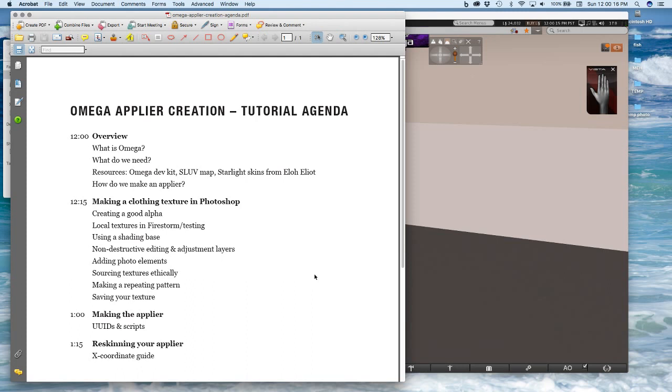I'm going to give an overview of what Omega is. I explained a little bit about that, but I will talk about the mission statement behind it. I will go over what we need, and there are some resources, all of them free, that we're going to use to make our applier. Then I will also talk about the general steps on how we make an applier. And then around 12:15 or so,